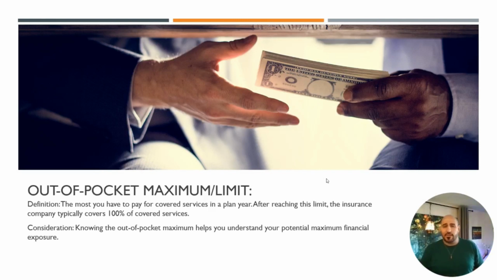Some out-of-pocket maximums are very high, like $7,000, $12,000, $17,000, and I've seen even $22,000. So understanding your out of pocket could also help you potentially manage your financial exposure, when to do a surgery, when not to. If you meet your deductible and your out of pocket, you might say, well, I need a surgery now. So that might be really helpful to understand.